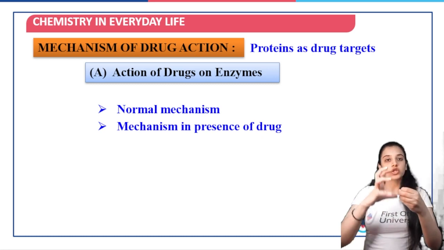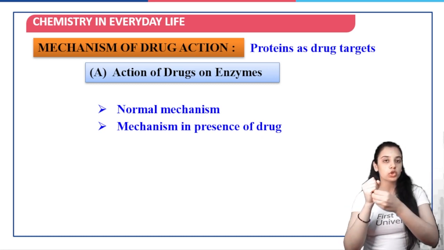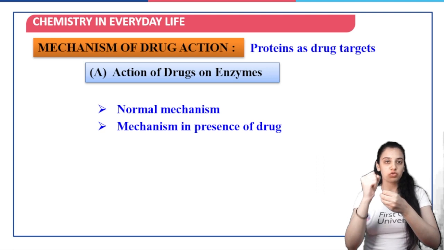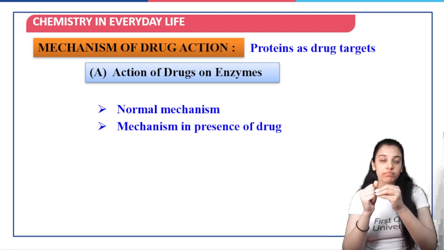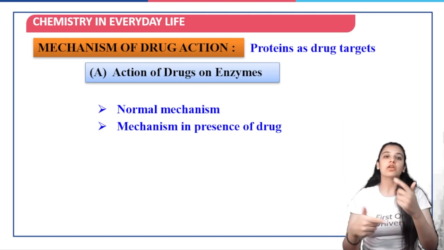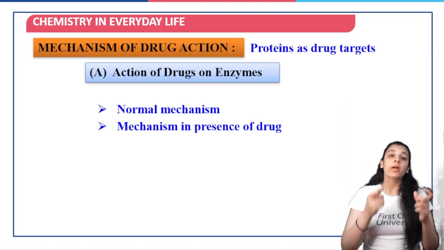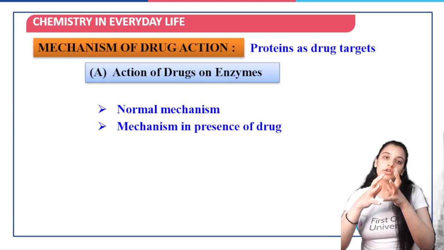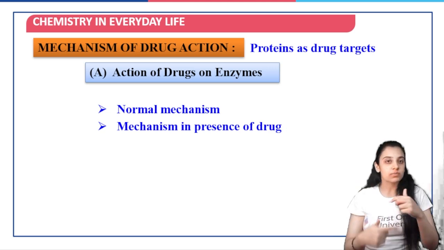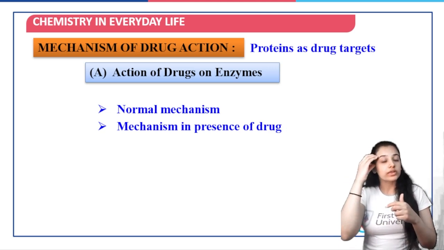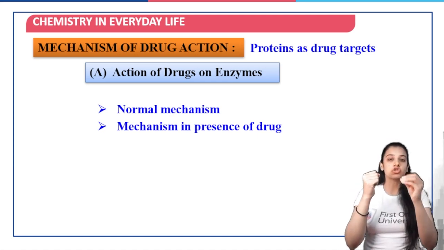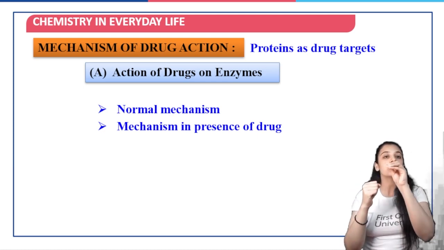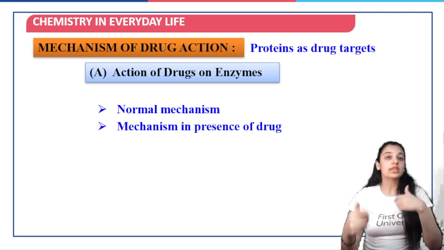So this virus is going to bind to a particular protein. That's like the protein, and there is a receptor site on it on which the virus will go and bind. That is the normal mechanism or the life cycle of the virus that is going on inside the body. But when we administer a drug to that particular patient who has been diagnosed with this viral infection, then this drug is actually going to act onto the virus and it will change the